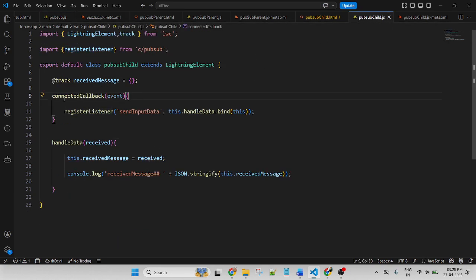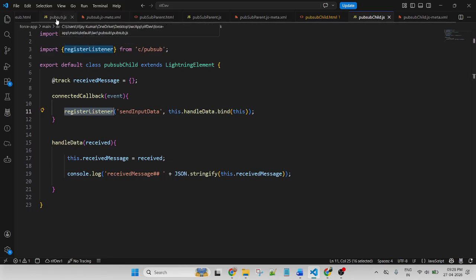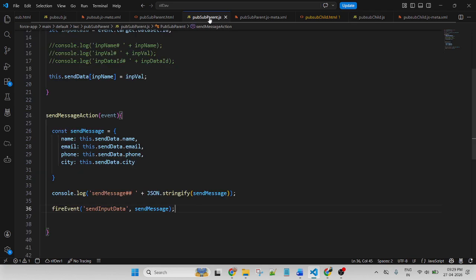And this is a connected callback, because whenever this component is called into the browser, this register listener automatically executes. So inside the connected callback, I use the register listener. This is a function that is created in the PubSub model. And this is a send input data. It is mandatory because this send input data is coming from the